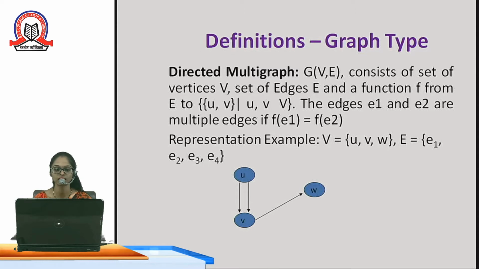V and W are connected by using a directed edge, and loops are also allowed. Therefore W is connected to itself, which means its starting and ending vertex are the same. The edges' names are E1, E2, E3 and E4. This type of graph is known as a directed multigraph, meaning multiple edges, loops and directions are all allowed.